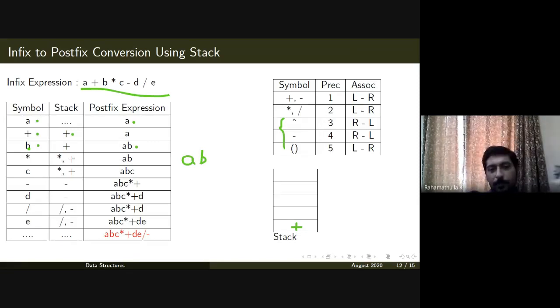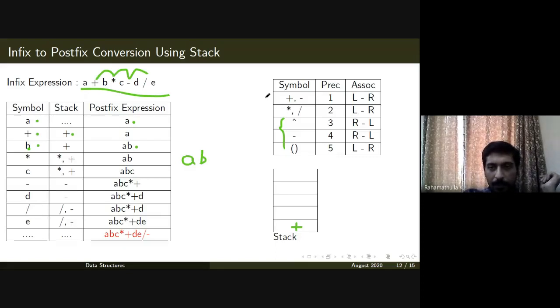Sorry. Okay, so our idea is this: you have an infix expression in the form of a string. We are assuming that it's a character string. Each character is read from the string, and we check whether the character you just read is an operator or not. If it is not an operator, we directly assume that it's an operand. So in this case, we are assuming that A, B, C, D, and E are operands, and we know what are the operators. These are the three operators.